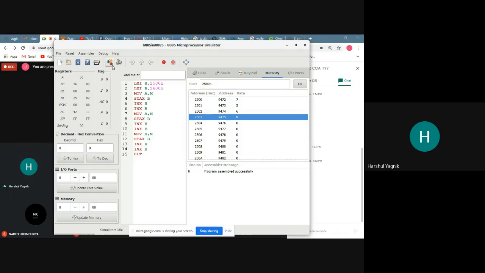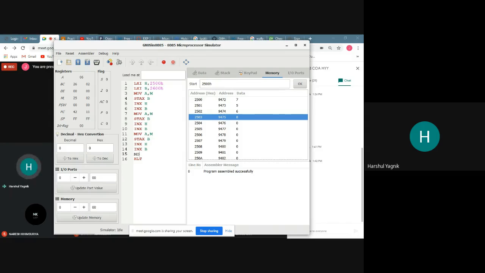Just incrementing the HL register pair will not transfer the data.